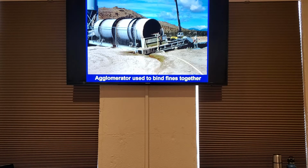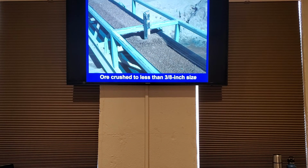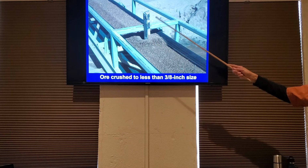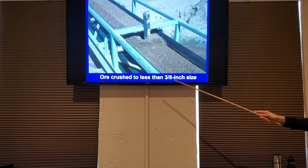So the whole purpose here was to help the permeability of the heap, so the cyanide solution would percolate down through it. This is what the final product looks like, the ore that was crushed as it's going out to the heap. Our optimum size was less than 3/8 inch